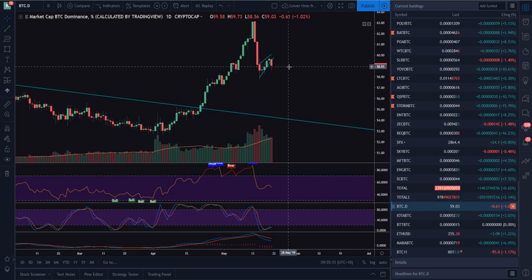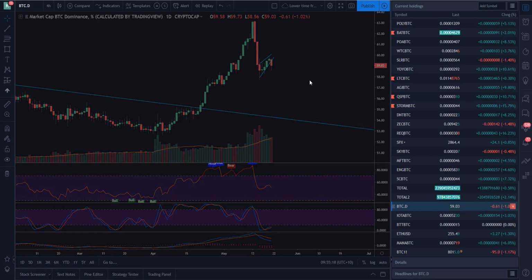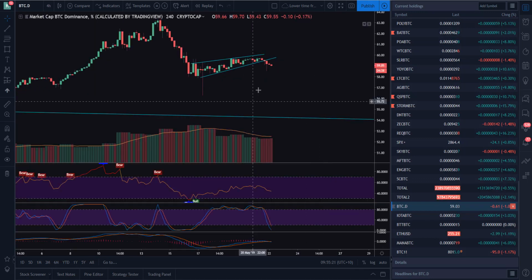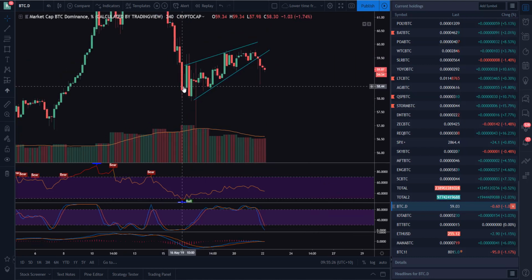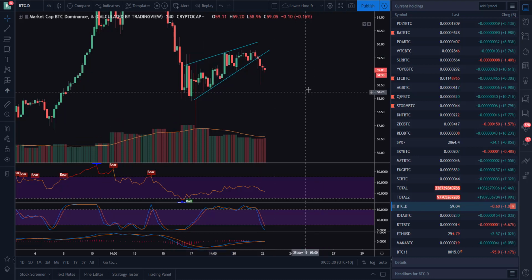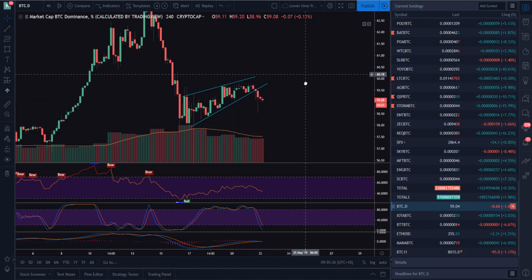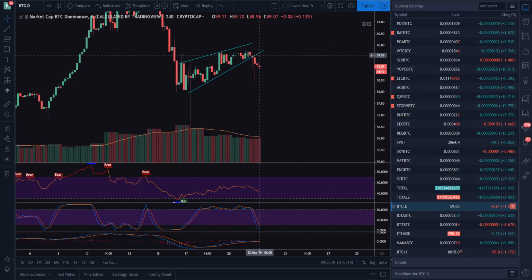So what we've got now is pretty much a bear flag pattern, call it a rising wedge. We've been in this rising wedge pattern for a couple of days now. Yeah, about 5 days, so almost a week. We weren't 100% sure if we were going to break up here. You can never tell with these patterns until they actually play out. And then over last night we started breaking down, had a bit of a breakout, a few spikes to